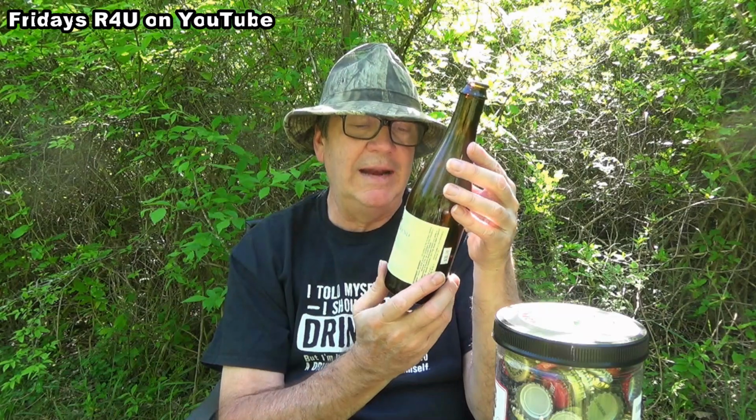It's worth an A-. And y'all probably won't be able to find this. And I'm not going to buy it again at $11. But I'm glad I did purchase this one just to try. It says single barrel dark blend. And when it says single barrel, I'm thinking a single barrel whiskey is what I'm thinking. I could be wrong on that, but anyway,